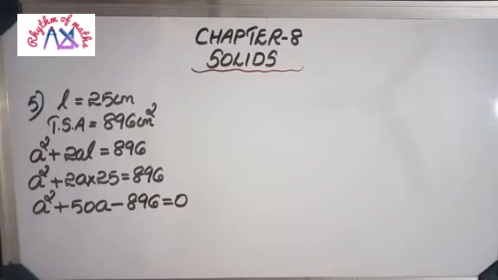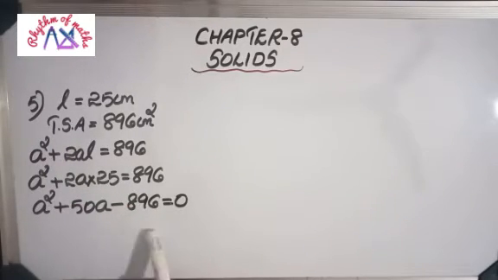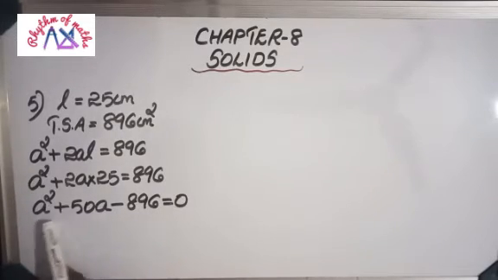Now from this, first of all, we need to find what? A. In order to find volume, which measurements do we need? A we need and height also we need. 1 by 3 A square H is the equation. Here A is not given, H also not given. Only L we have. So from this we have to find A first. After that let's find H. So here you can see a second degree equation. Here the variable is A.